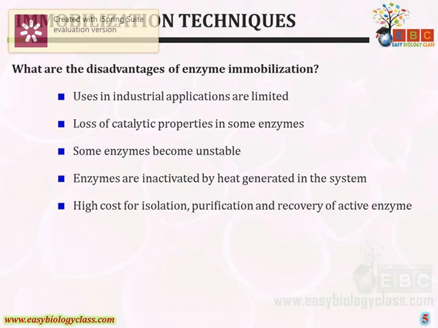Second, sometimes enzymes are lost or denatured and lose their catalytic properties; they get destabilized. That's why we have to change it. We have to make another support system and fix the enzymes very firmly on the support matrix. The third disadvantage is that some enzymes are very unstable, so they cannot be used for many cycles of industrial processes.